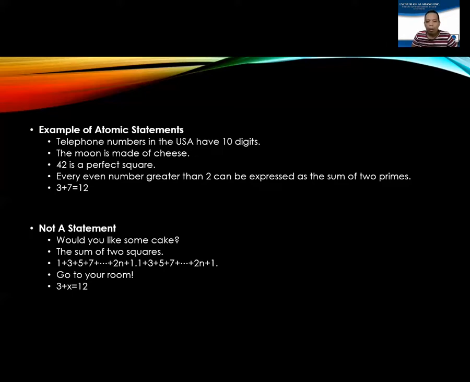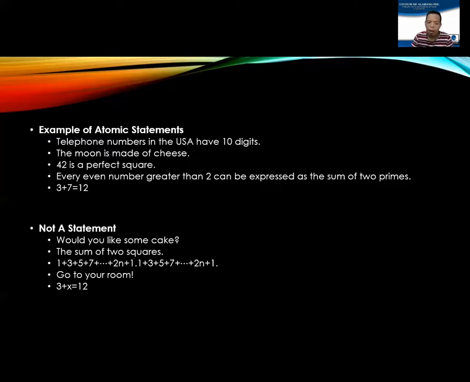For number 2, the moon is made of cheese. This is a proposition with a truth value of false, considering the real composition of the moon. For number 3, 42 is a perfect square. This is again a proposition. And when we look at the truth value,